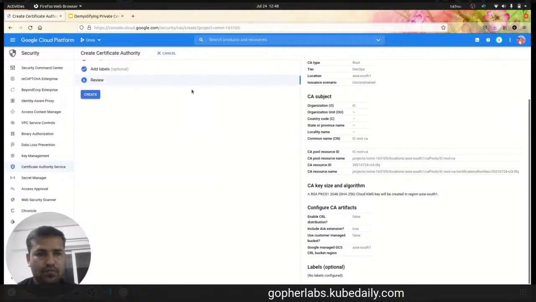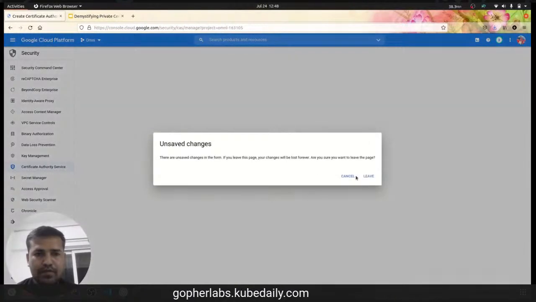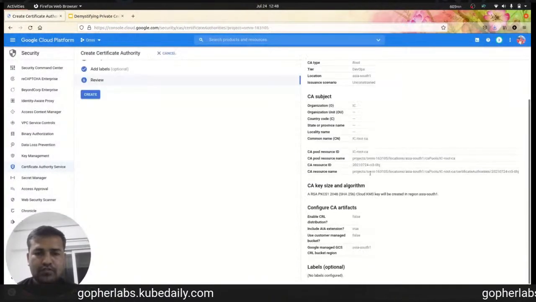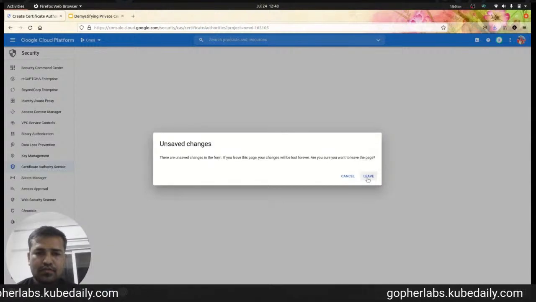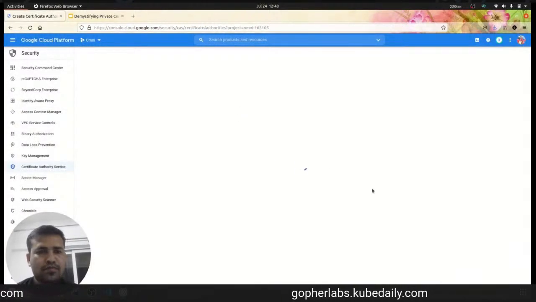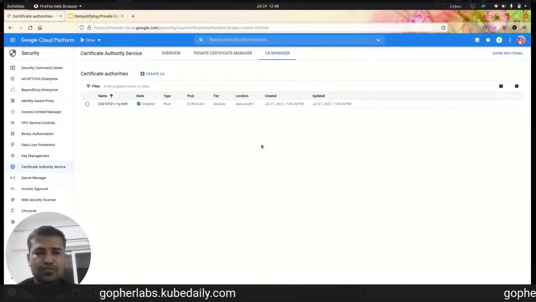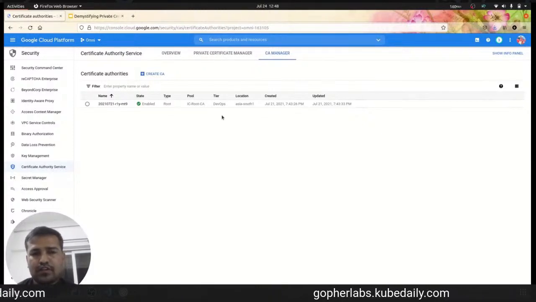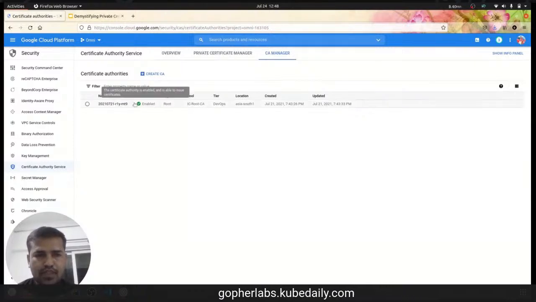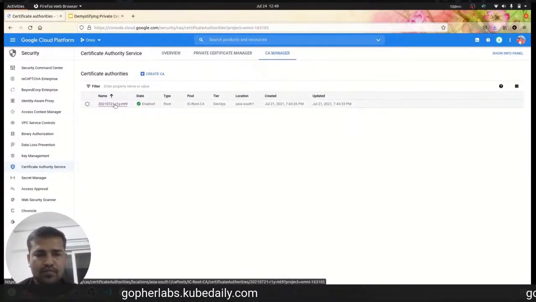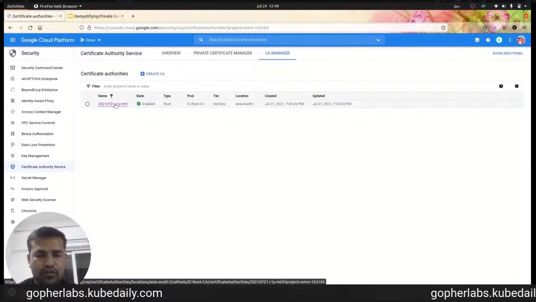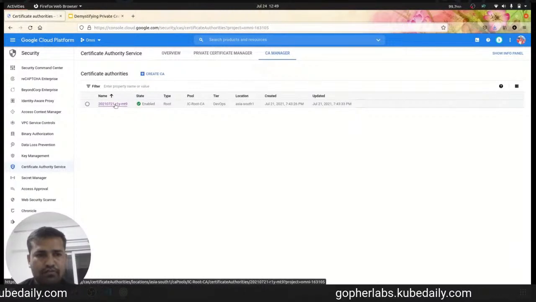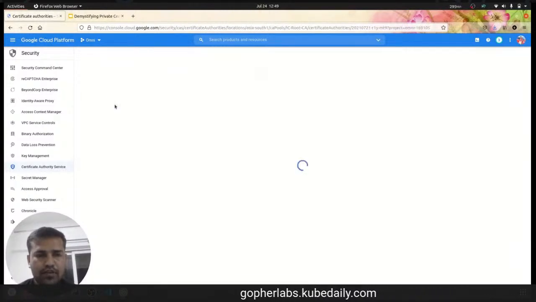Yeah, so let us go back. It asks you for 2 times because whatever information you had added till now, that was a crucial one. So it just wants to make double sure that you are not mistakenly clicking on a cancel button. I will now give you a little bit of background, or a few details, from this created certificate authority.